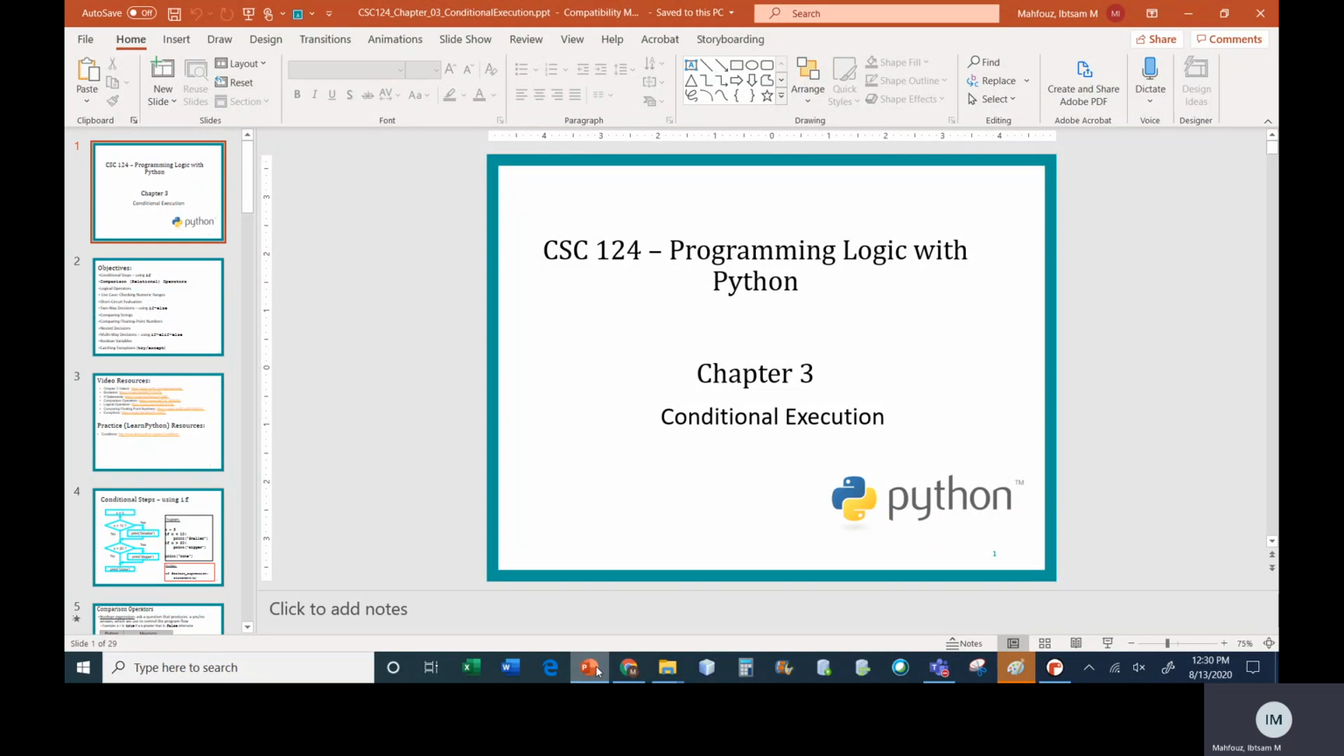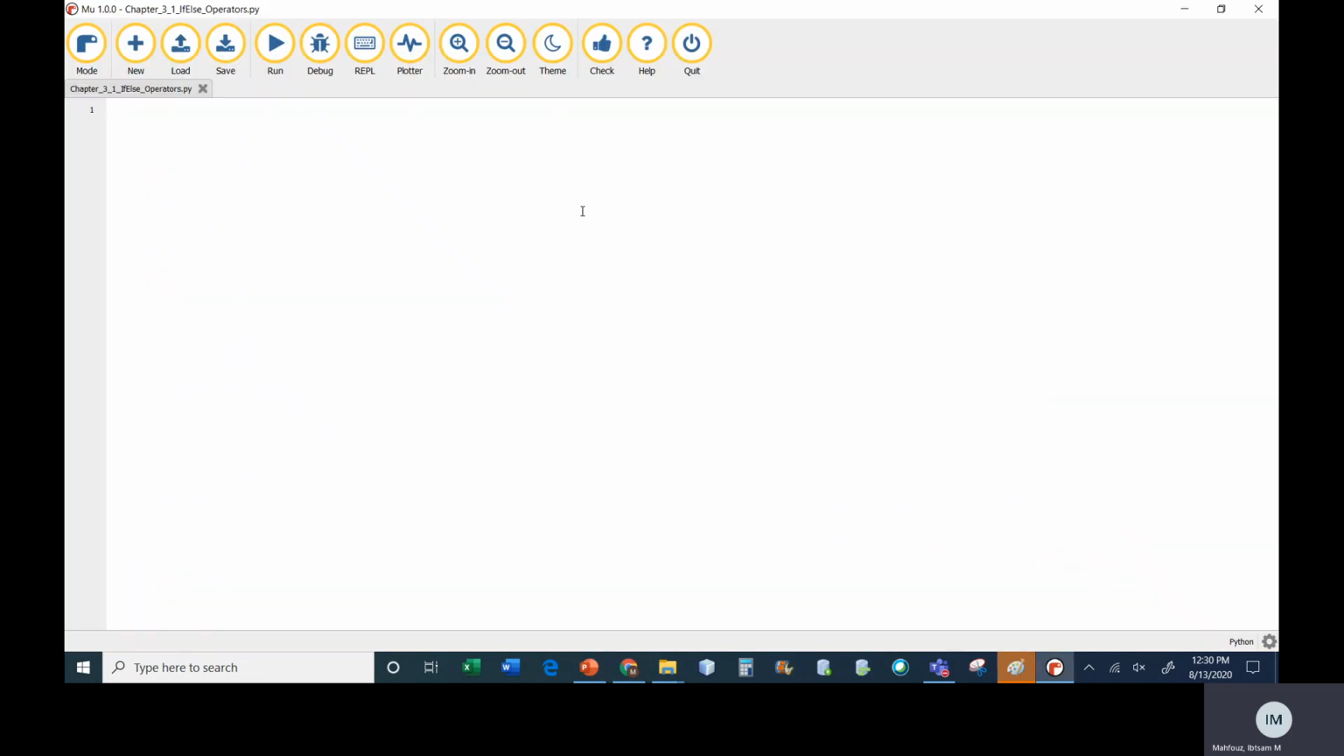Hi, today we'll be starting chapter 3. So far we've learned how to write code that goes sequentially. So I might start by asking the user, for example,